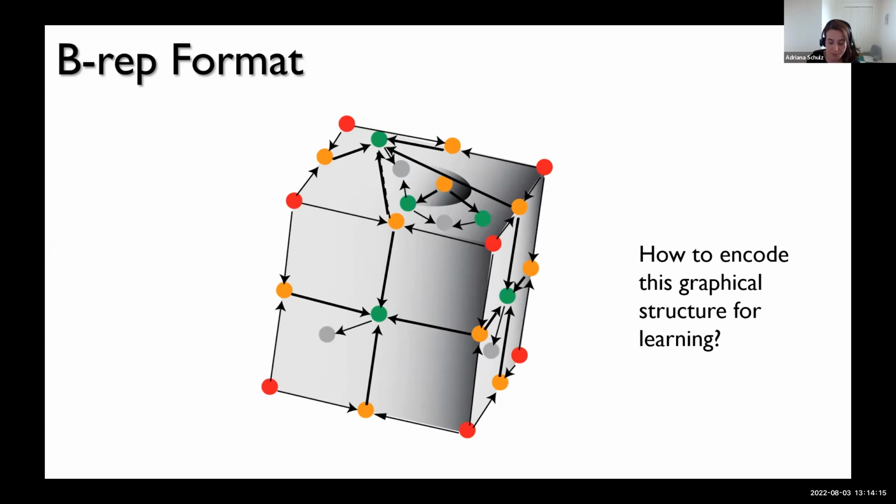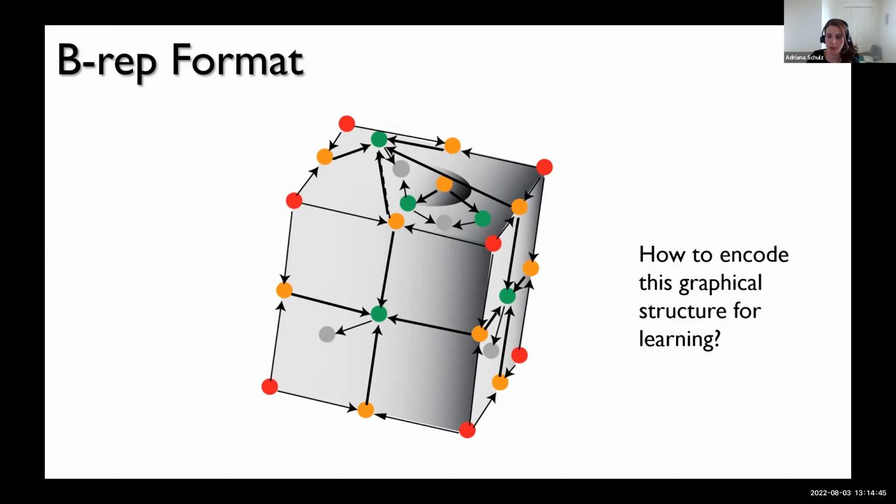So the fundamental challenge is, if we have a graph, one way that we can learn from graphs is using what we call graph convolutional networks. So think about it as neural networks that can work on graphs, okay? But there are some challenges with using these types of networks with BREPs.